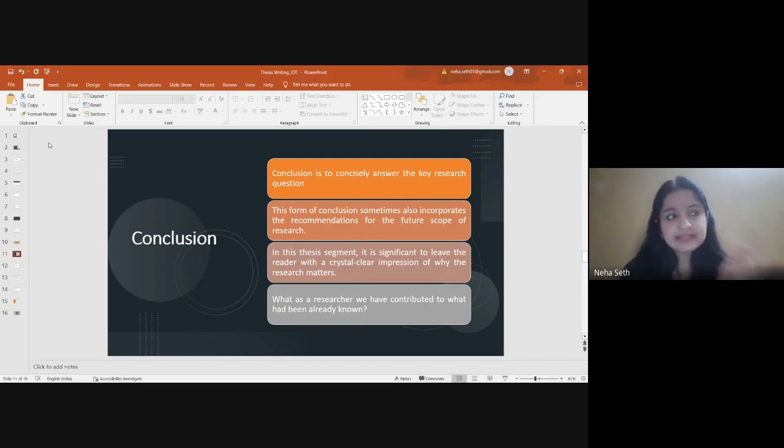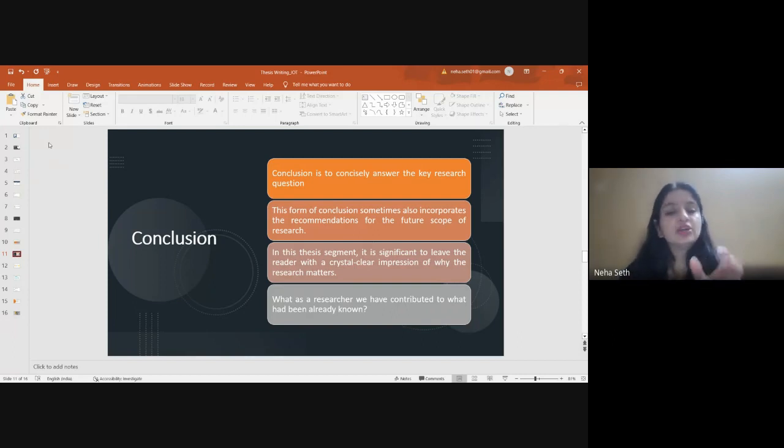Whenever we are seeing a movie, if the conclusion, if the end is very good, we come out of the hall very happily. If the end is not very good, we come out of the movie hall in not a very good mood. So it is like showing a movie to somebody. How you present your conclusion will set the mood of the reader as well. So we should present our conclusion in a really good manner.